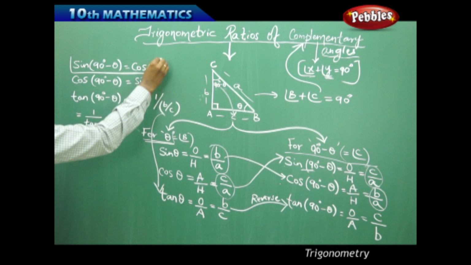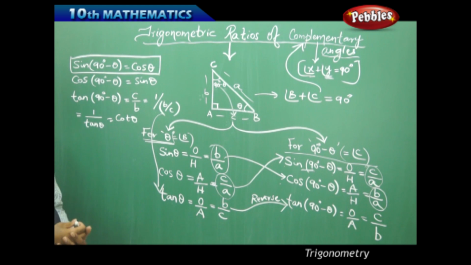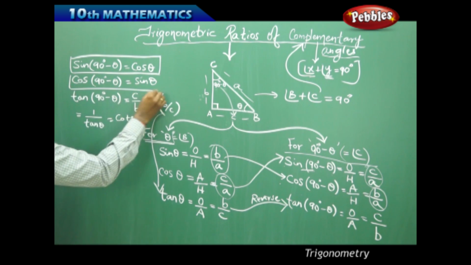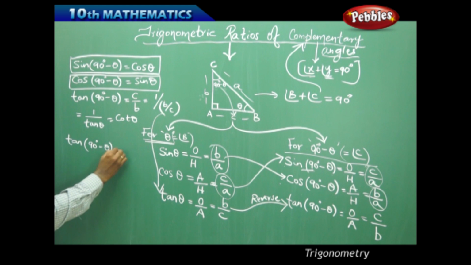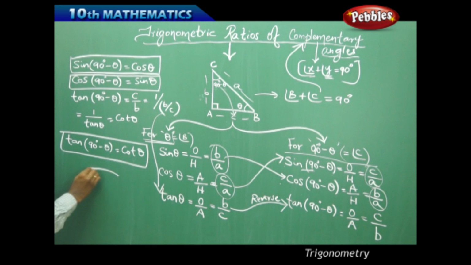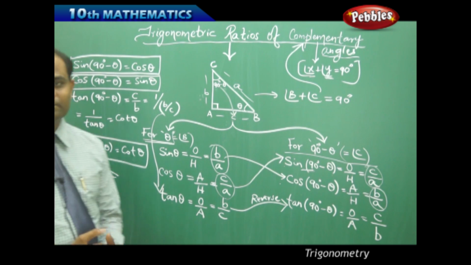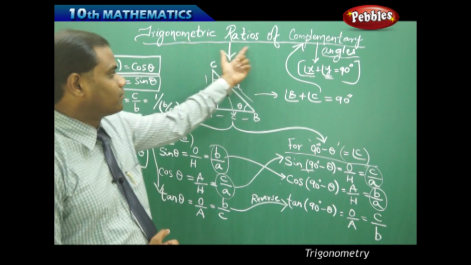Therefore, I have three derived formulae. Sin 90 minus theta is cos theta, cos 90 minus theta is sin theta, and tan 90 minus theta is cot theta are the three basic formulae which are identified for the trigonometric ratios connected